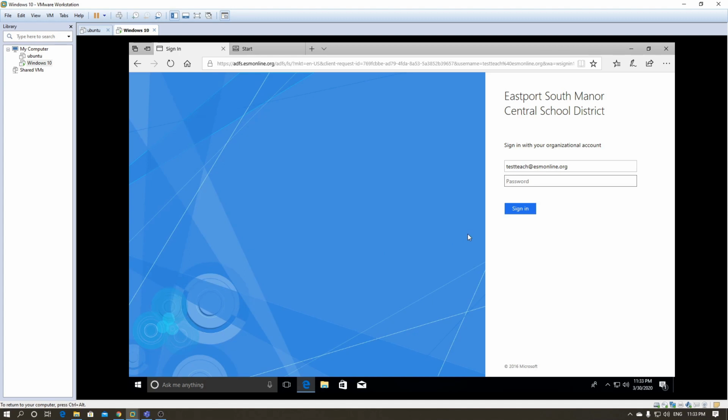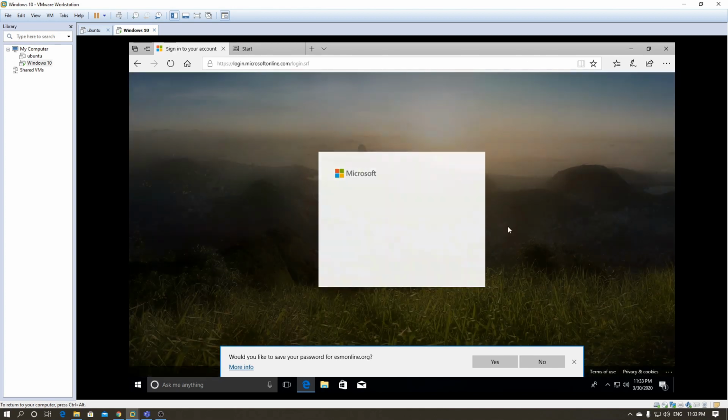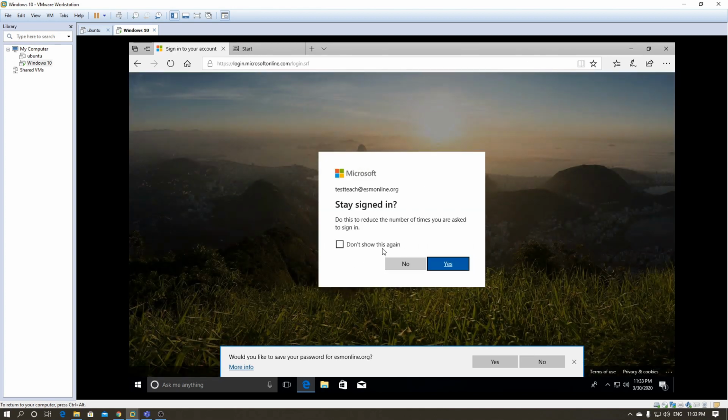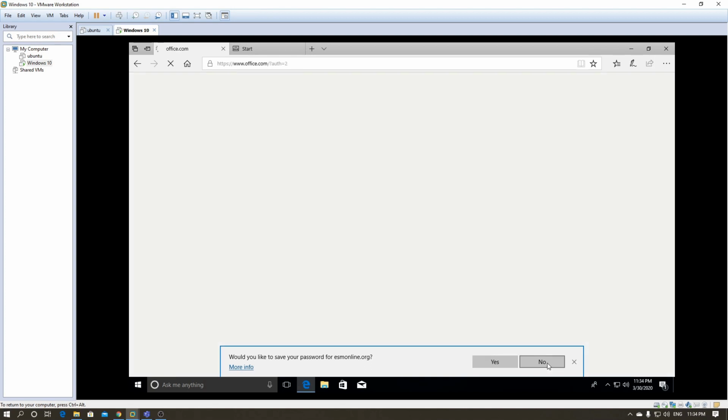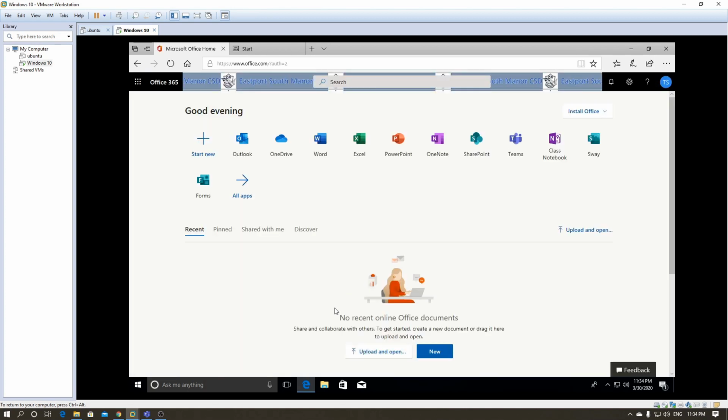and in the case that you have an ADFS solution, you will be redirected where you have to put your password. I choose to not stay signed in. And here we go, we have Office 365 and we can work in all these web version applications, but sometimes